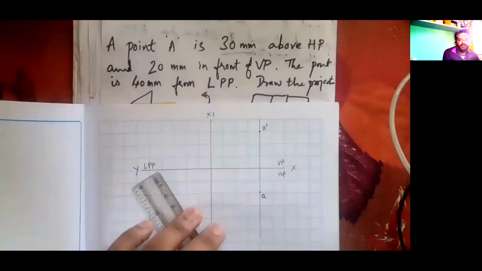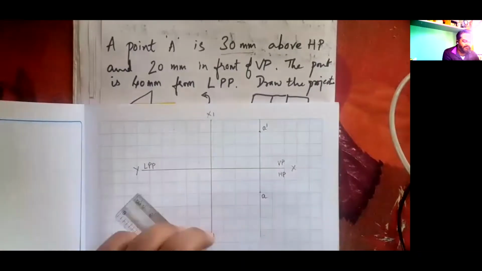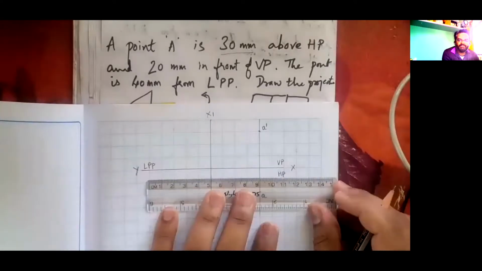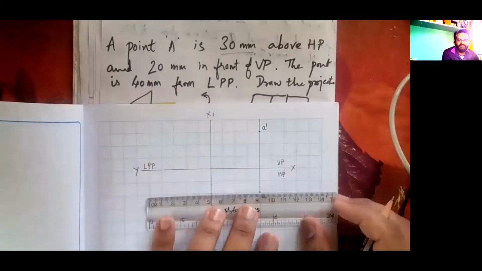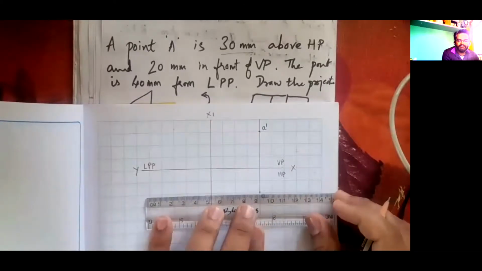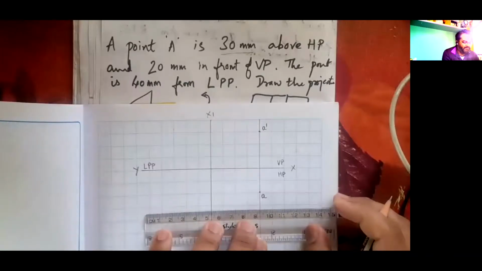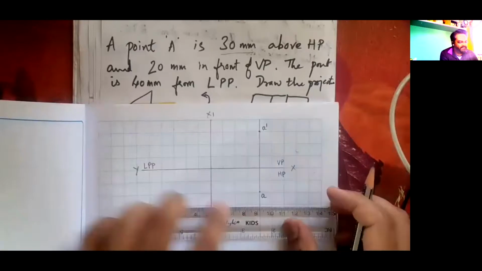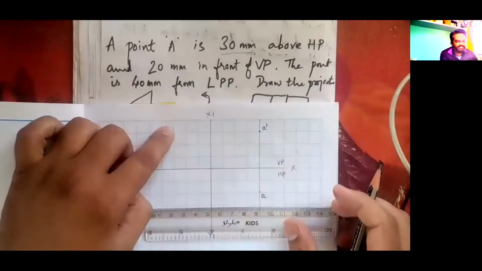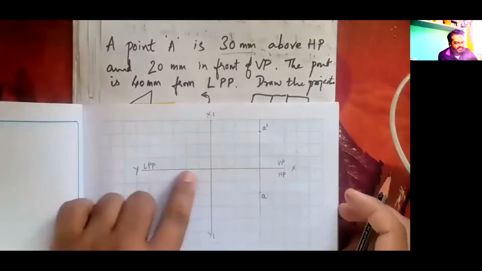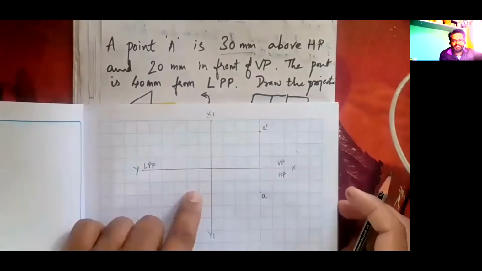Got it? So I will not make it untidy by drawing and dimensioning 40 mm somewhere here. I will dimension 40 mm somewhere outside the projection line. See here, the projection line will come here, but here I can draw the dimension line. So before continuing the dimension line, I will complete the side view. I have to get this side view somewhere here. How to get this? There is no plane of projection here. This distance of 20 mm, what is there? Here also it should be the same.